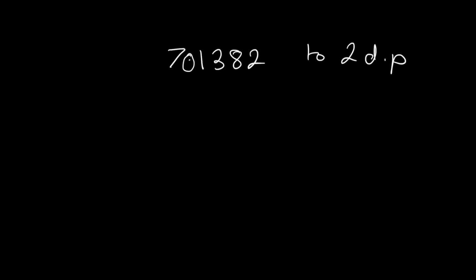So, for example, 7.1382 to 2 DP, which is short for decimal places. When you round it, you count the first decimal place after the decimal point. 1 is the first decimal place and 3 is the second decimal place. So when you round it to 2 decimal places, you look at the next number, and if it's greater than 5, in this case 8 is greater than 5, so you round it up. So it will become